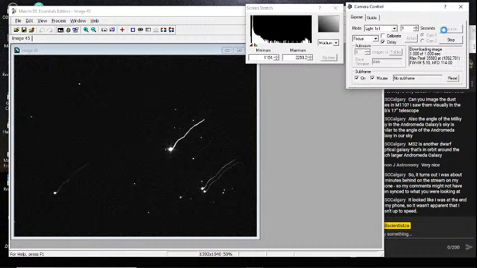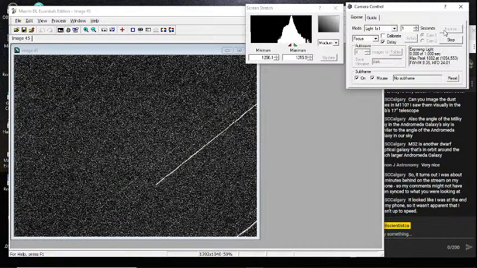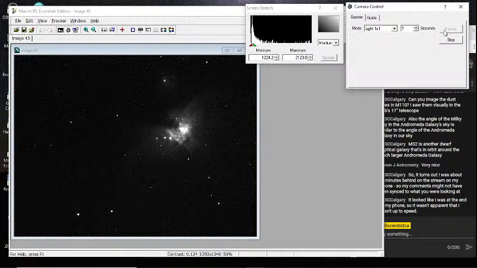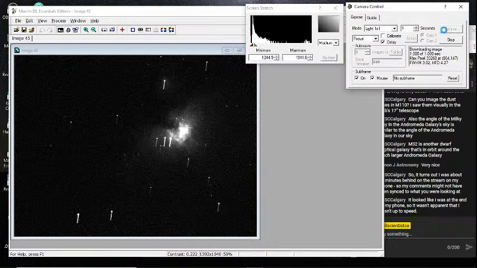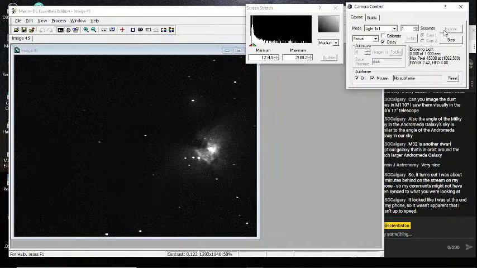And then we'll slew right on over. There she is, in all her glory. Let's get it centered a little better. Oops, I'm going the wrong way. Let's go this way.